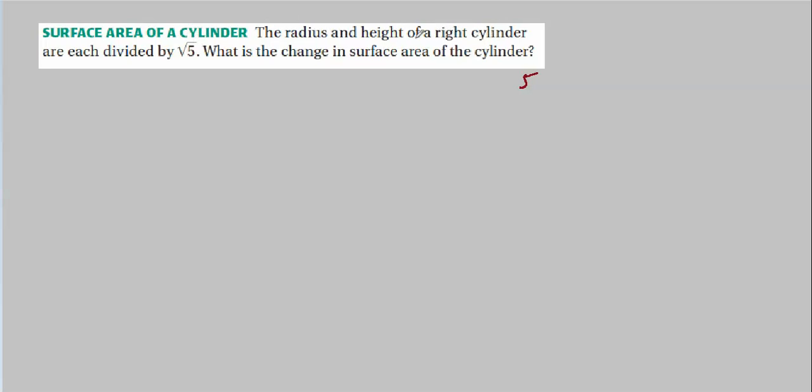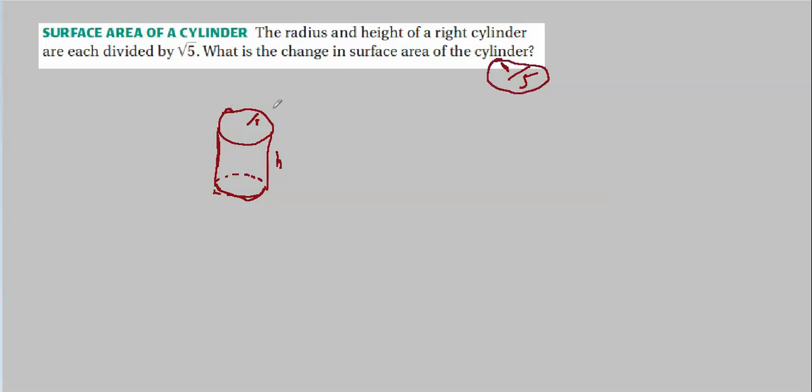If you don't like that, they say they're divided by square root of 5. I should have pointed that out. So the change in surface area is to divide by 5. I just wrote it the same way they did, but in reality, your actual change is 1 over 5, isn't it? They divided it by the square root of 5, so you would divide by 5. Or you could say that the scale factor for areas is 1/5.